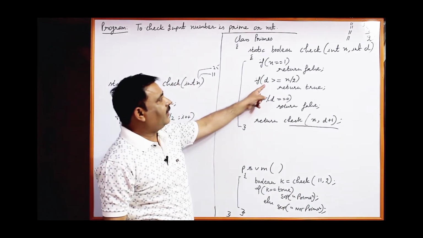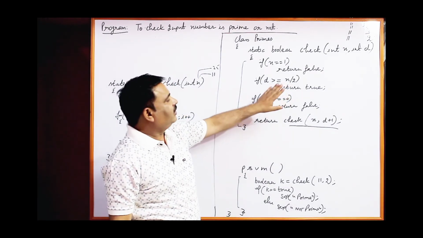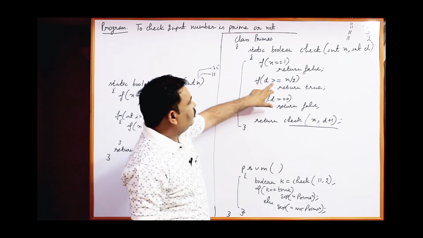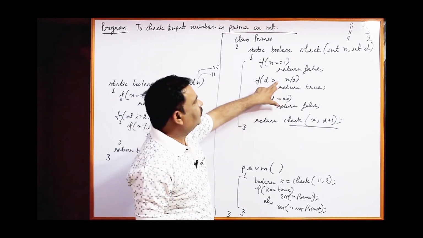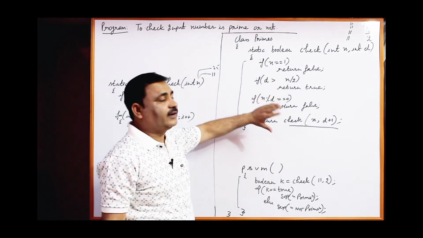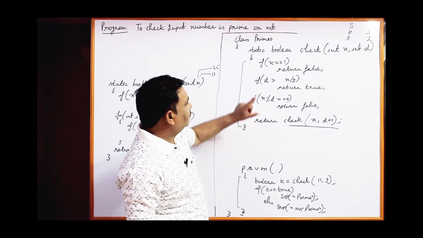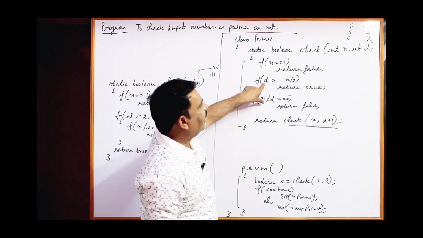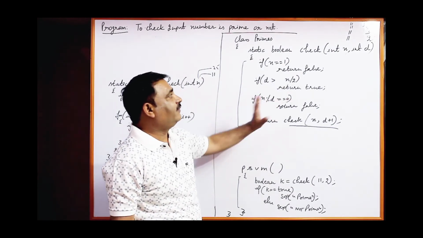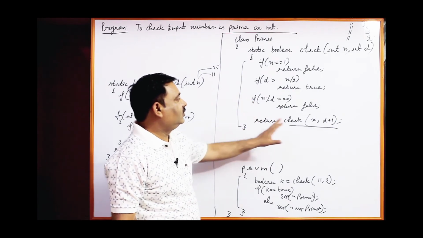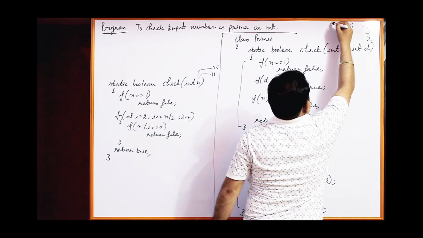So when d is 5, 11 upon 2 is just half. Okay, even you can also write only greater than. Just you can write greater, don't write equal to, write here greater than, because we have to check with one more number. Okay, so again 11, d is 5 here, 5 is not greater than just half. So again check, 11 is divided by 5. No, so call with 11 comma 6. The last call will be 11 and 6.